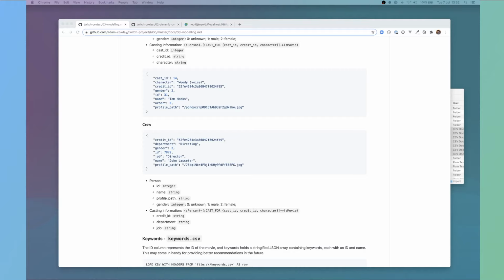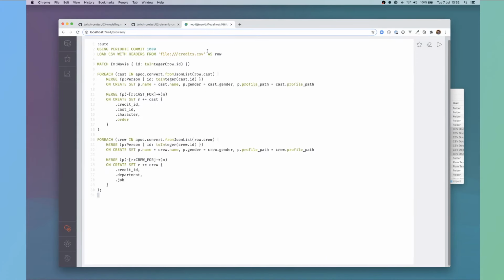So if I show you the query for that one, I'm using periodic commit 1000 again, so it'll commit every 1000 rows. So I cycle through the file. I've already created the movies, so I can use a match query rather than a merge, and it will look up this movie based on its ID.